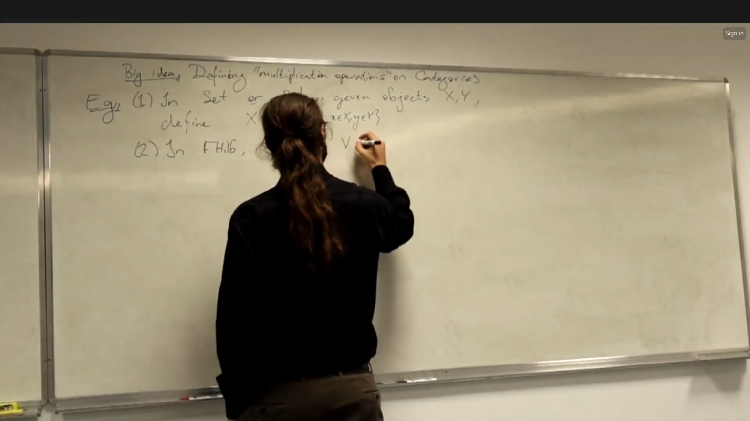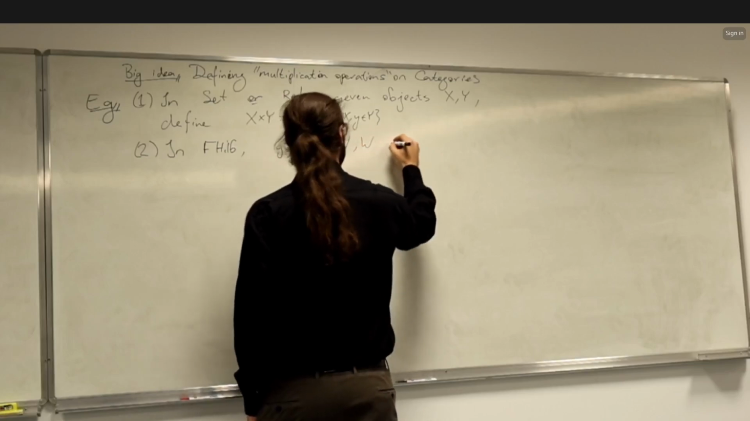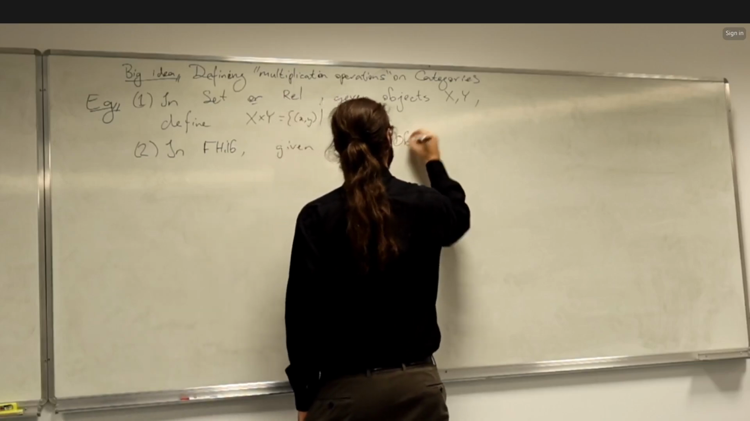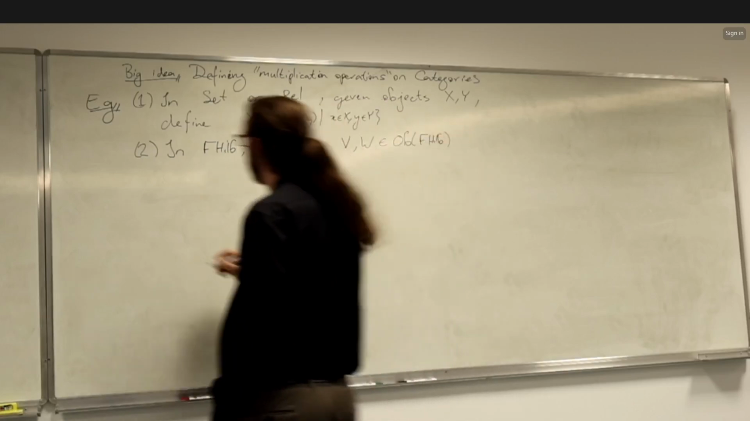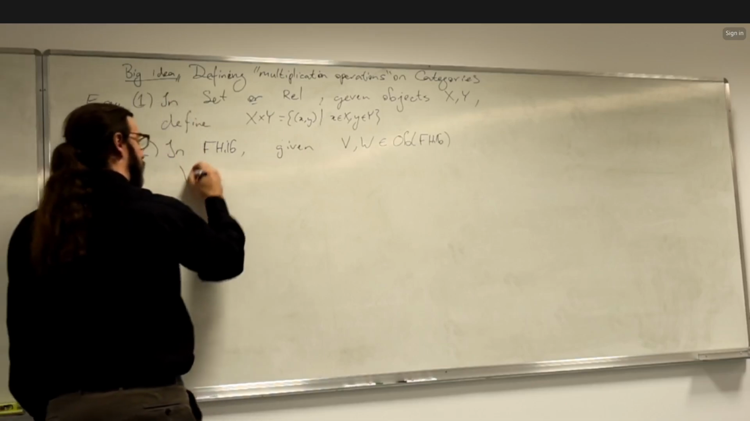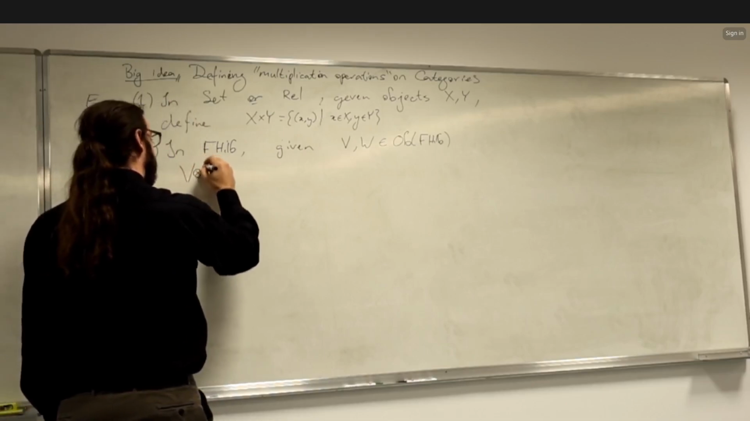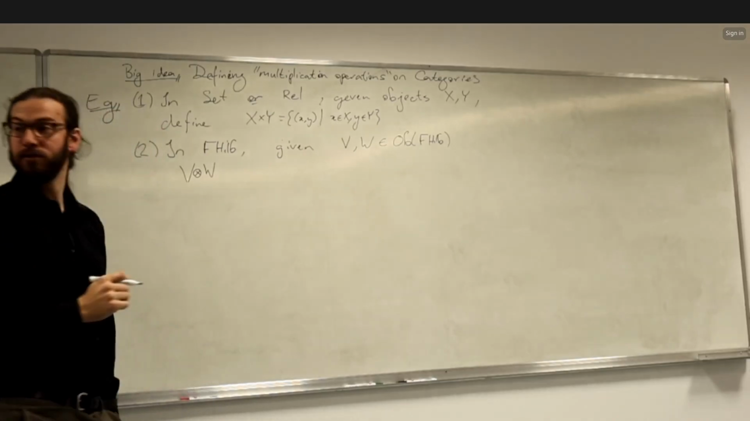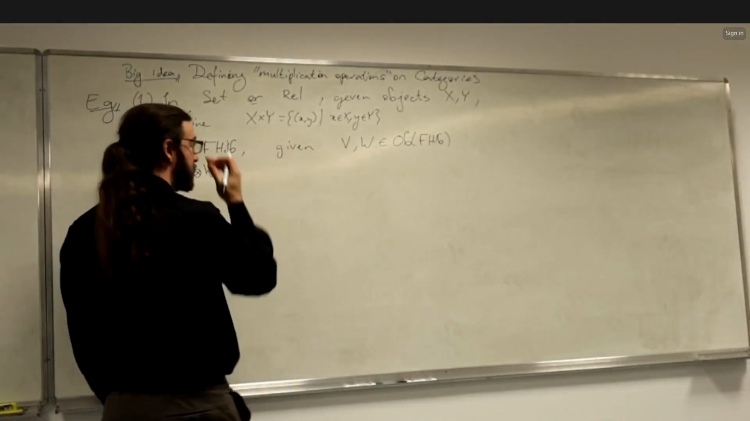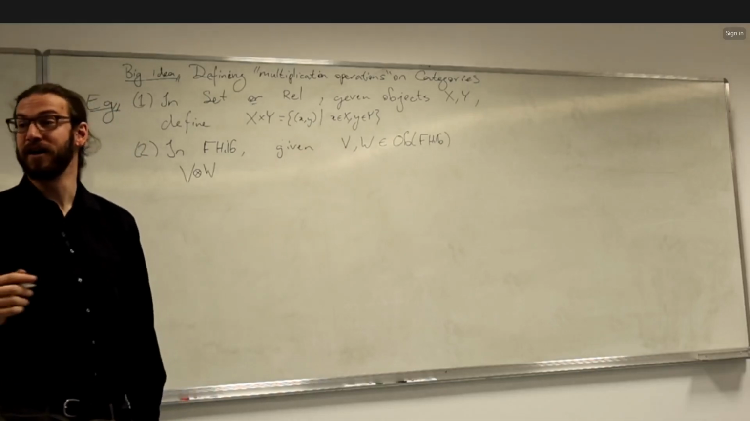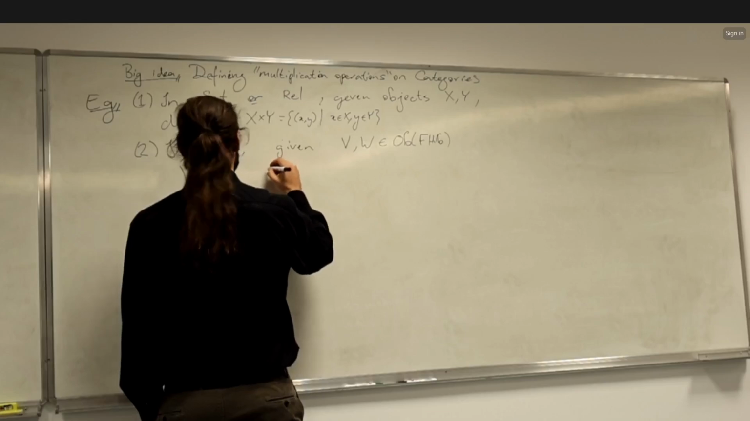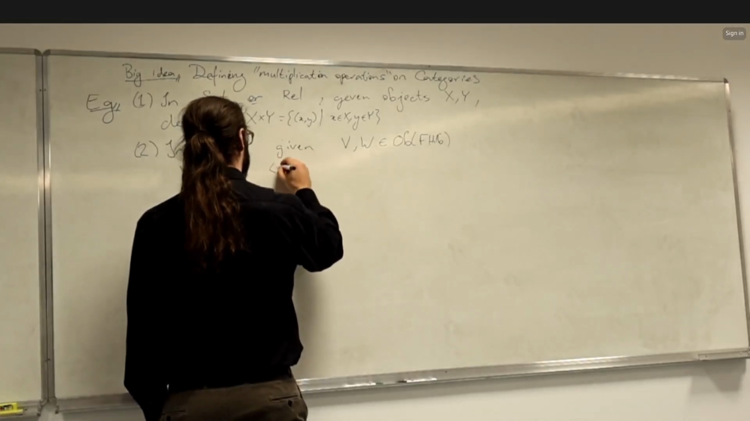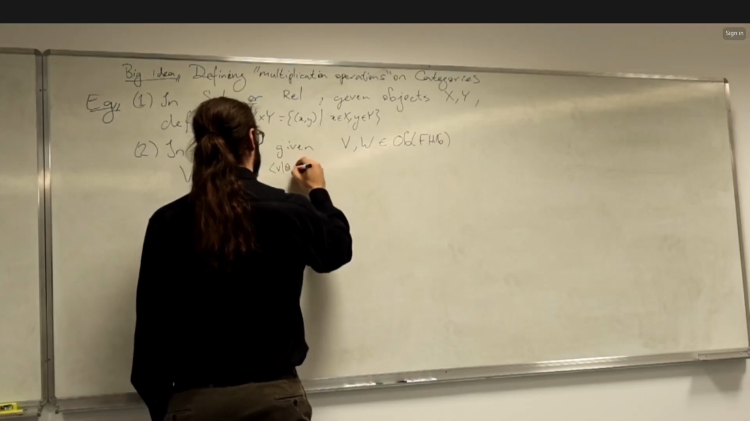given v and w in the objects of FdHilb, we can either take the tensor product, v tensor w, and formally this needs to be equipped with an inner product. So we say that the inner product of v tensor w